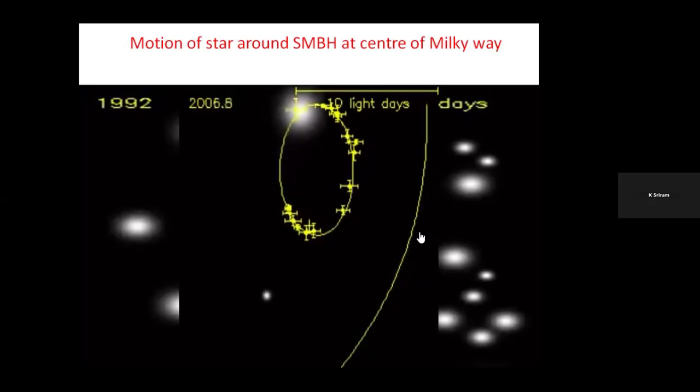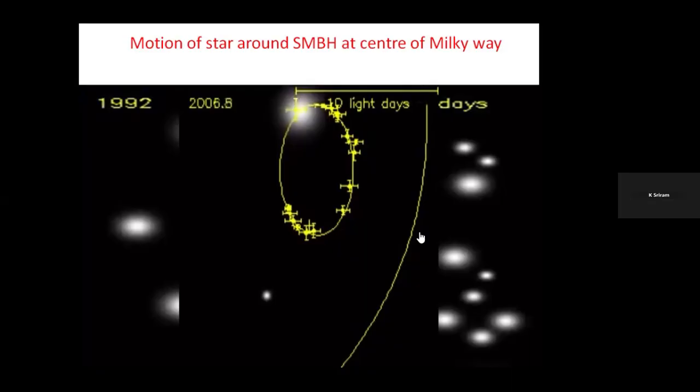So we try to measure A, the semi-major axis of this orbit. We measure the time for this particular star. If I remember, it is 15 years. We know the semi-major axis. We know its eccentricity. We simply use Kepler's law, and we found that the Milky Way center supermassive black hole mass is of the order of 4 million solar masses, 4 times 10^6 solar masses. And for this work, Genzel and her team in 2020, if I'm right, got Nobel Prizes. This is the first dynamical confirmation that a supermassive black hole exists.